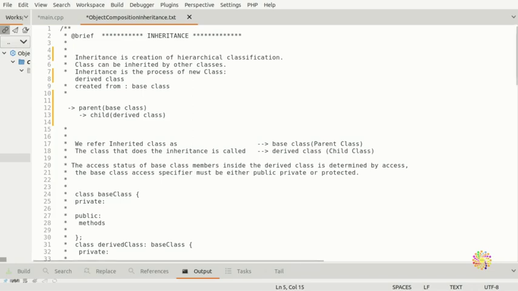You must know this concept very well in order to understand the rest of C++ or any other object-oriented programming language. Alright, so we begin with inheritance.